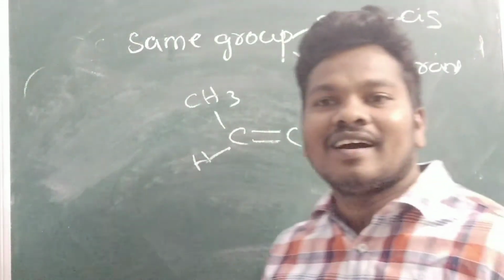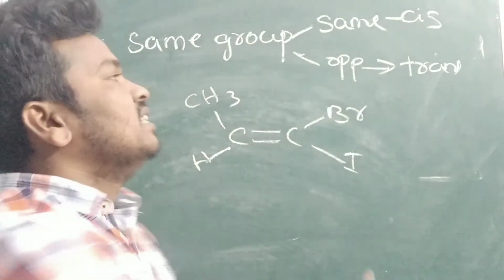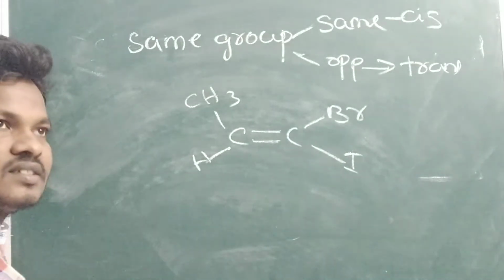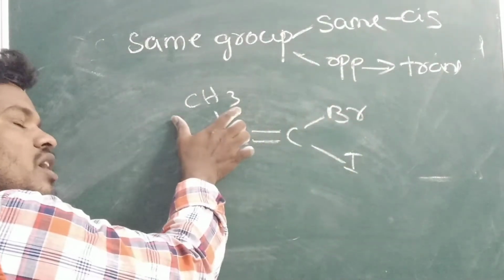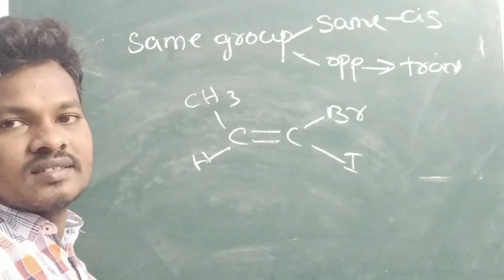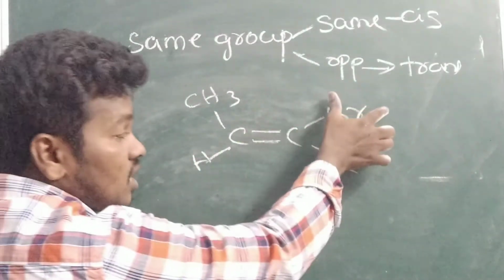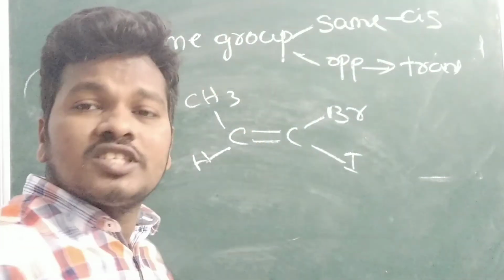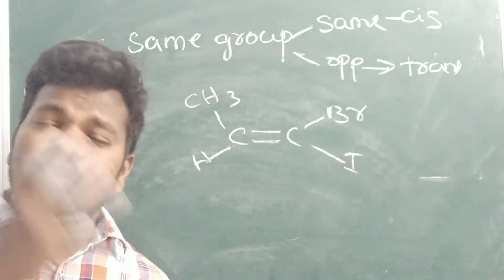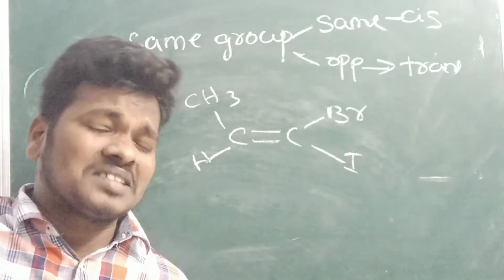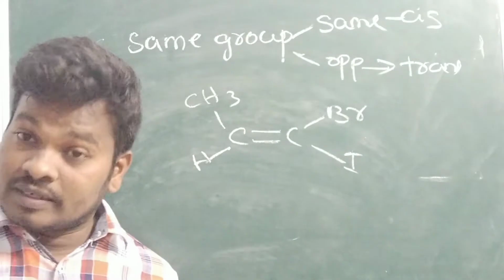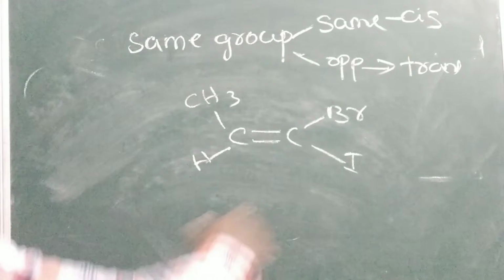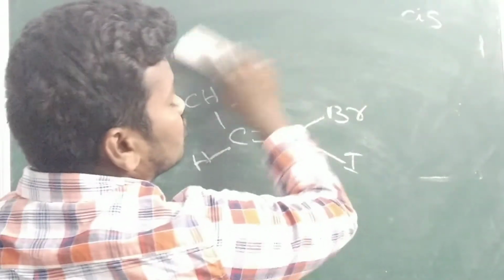We cannot tell. Why? Because in cis and trans they said same type of groups. That means if CH3 is there on the same side, of course we can say that it is cis. If Br is there, of course we can say it is cis. If hydrogen is there on the opposite side also, we can say trans. Same type of groups are presented. But here, the four groups presented around the two carbons are completely different. So at that time the cis and trans isomer system fails. That time we introduced another system to identify the isomers.